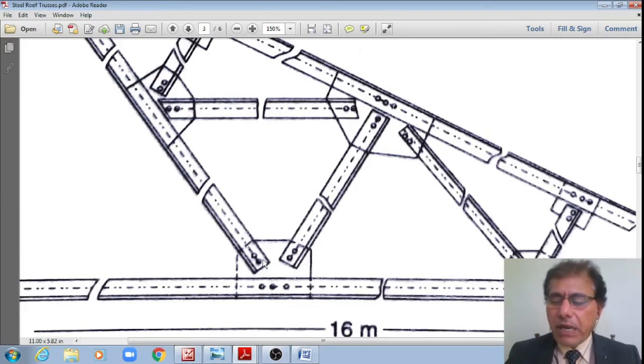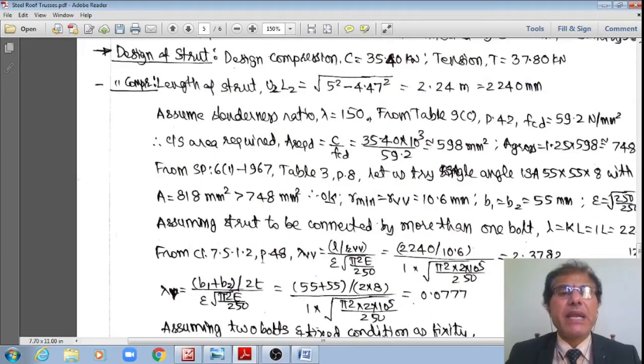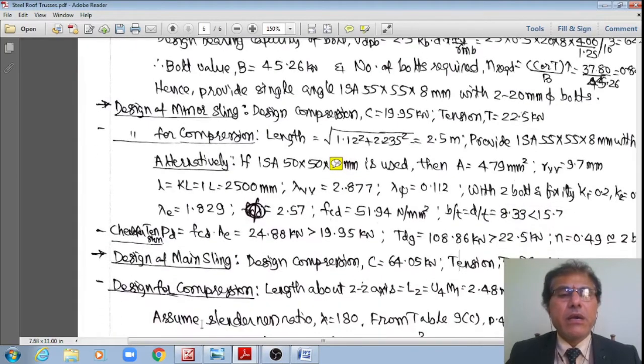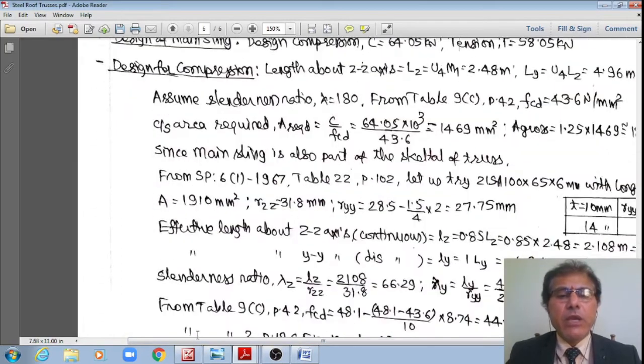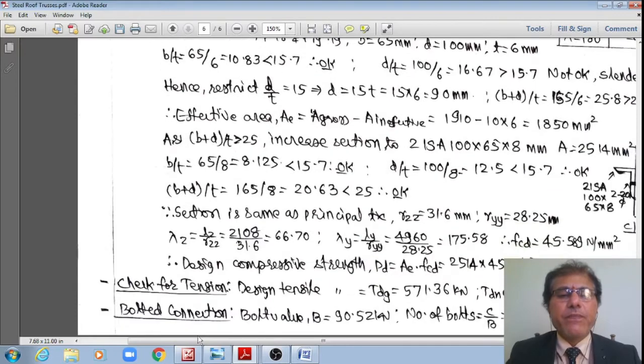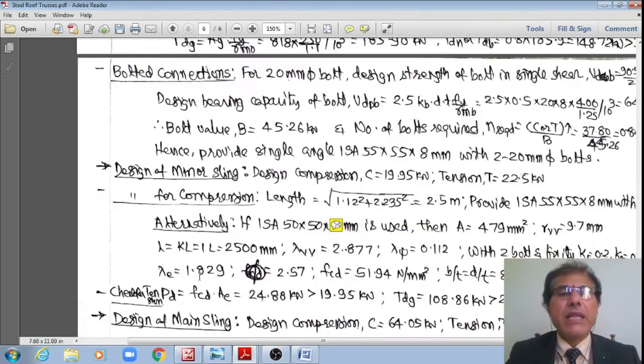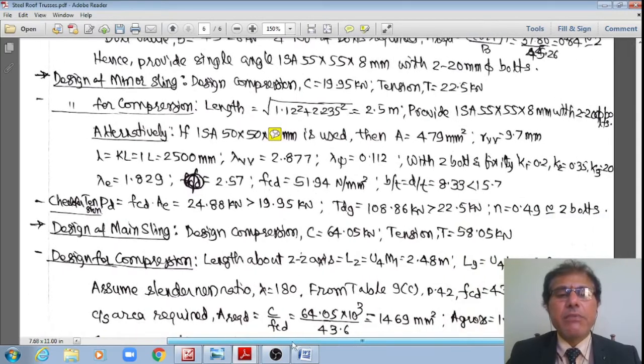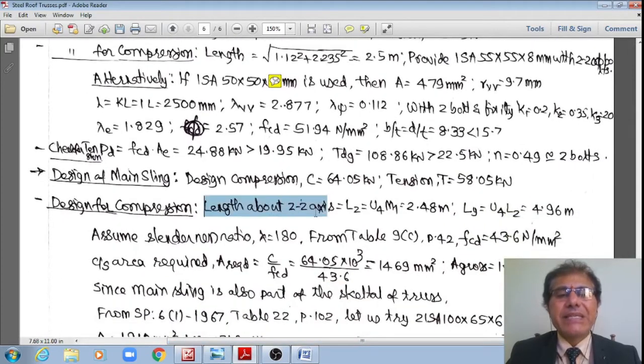That is how the buckling will happen about the major and minor axis. Therefore, if you understood that, then let me give the numeric values of these, right? Now I have the length of the main sling about the major axis of the buckling, just 2.48, right? Whereas about the minor axis, starting from the apex point to the joint at